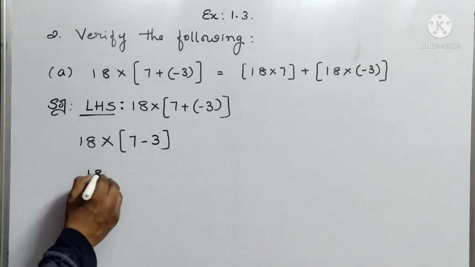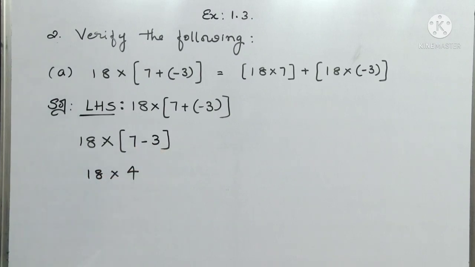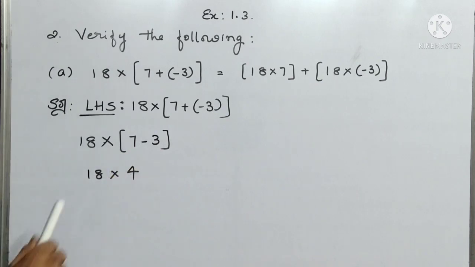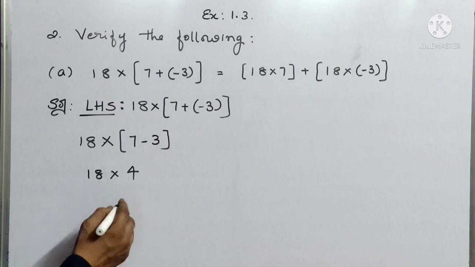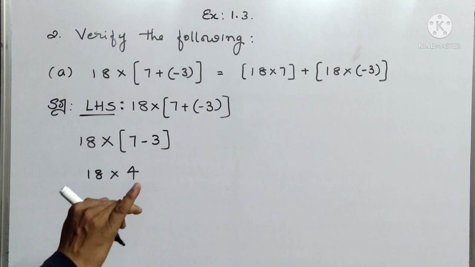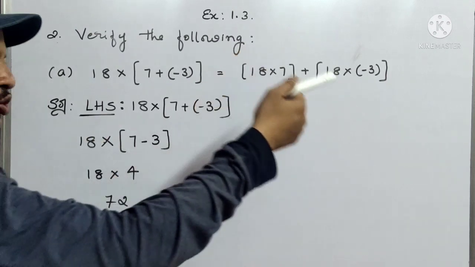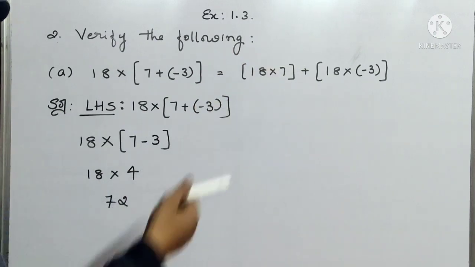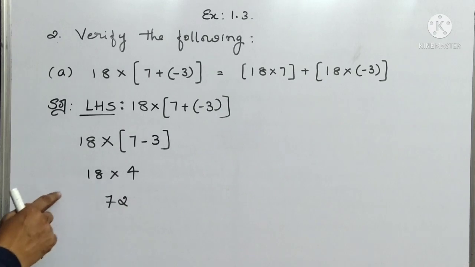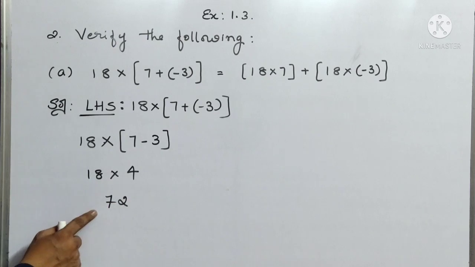Now 18 into 7 minus 3, that is 4, right? 7 minus 3 is 4. Now, if you know the multiplications, it's very easy. You can do it like this: 4 8s are 32, 3 left. 4 1s are 4, plus 3 is 7, so 72. Calculation becomes very easy if you know the tables. Otherwise, you have to go to rough work: 4 8s are 32, take 3 in mind, 4 1s are 4, 5, 6, 7. That is a waste of time. So once you know this type of multiplication very clearly, you can do it then and there.